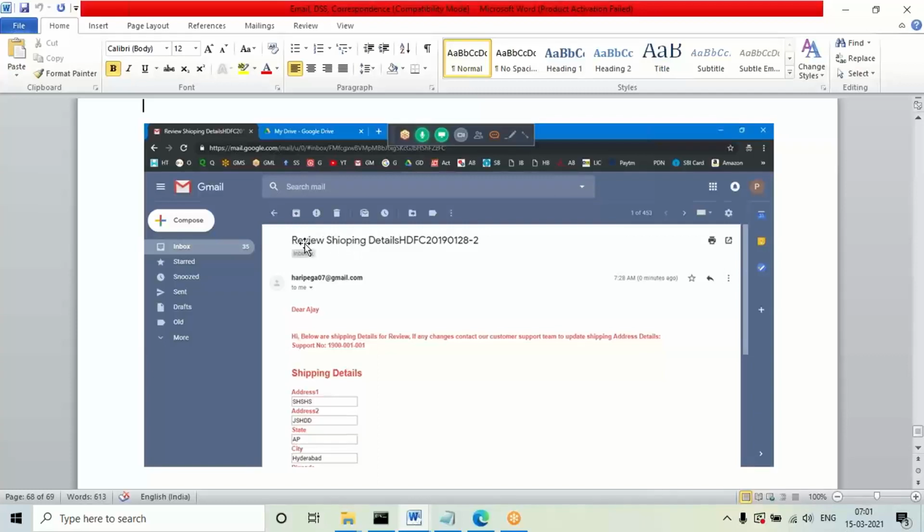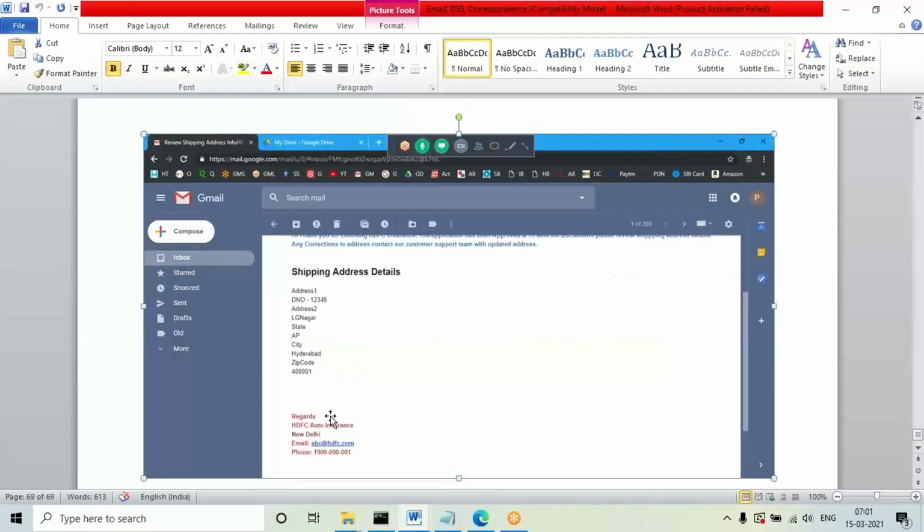See, you'll be getting it like this. Review shipping information and some work ID details, you'll get the work ID. And here in the first name, whatever details are given, it will take the first name automatically, with some message, and below that you'll get the shipping information details. But in real time, we have to set all the fields as read only fields. Okay. Like that, in the bottom you'll get the signature and all.